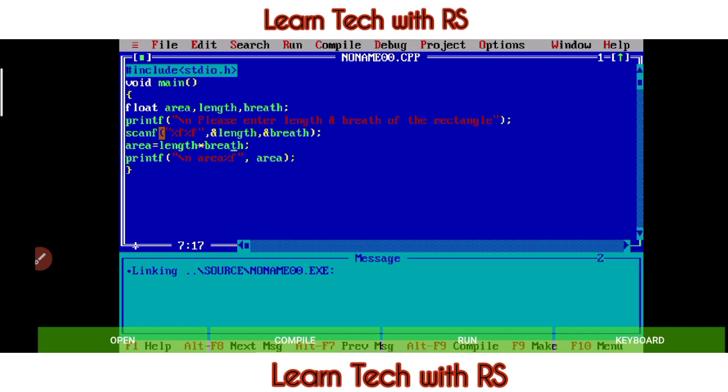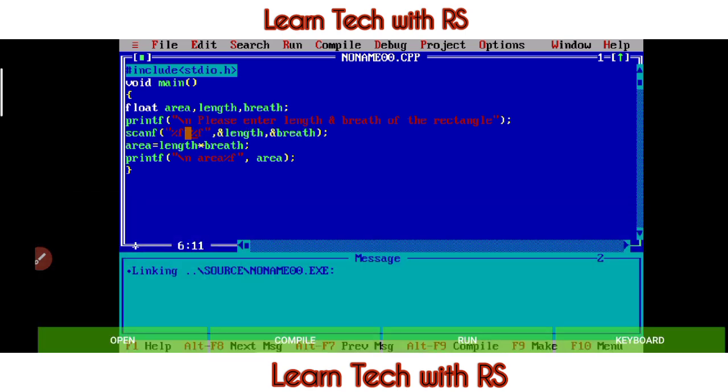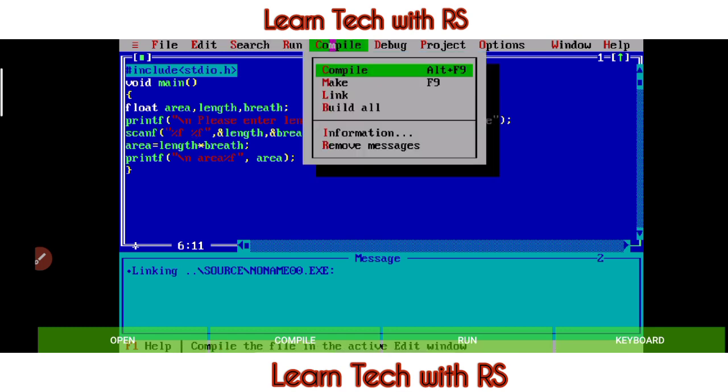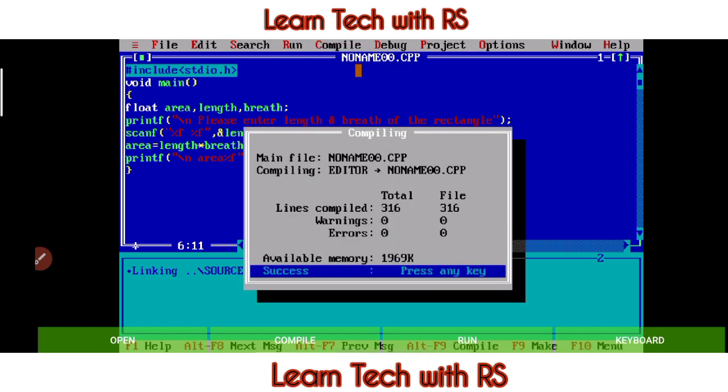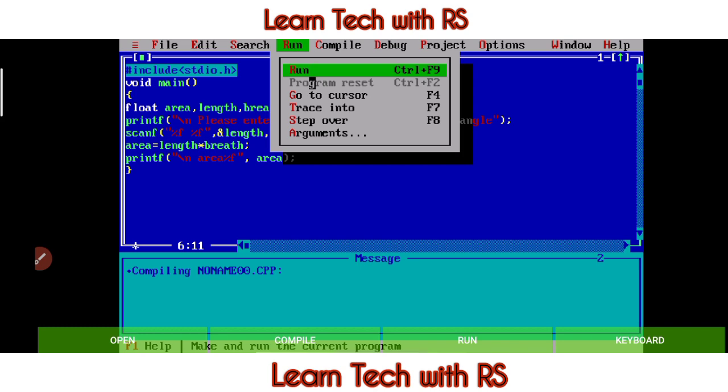Scanf is correct. Here maybe we have to give some space or what? Space, okay. Let's try it. Now compile. Now try to run. Hopefully it runs now.